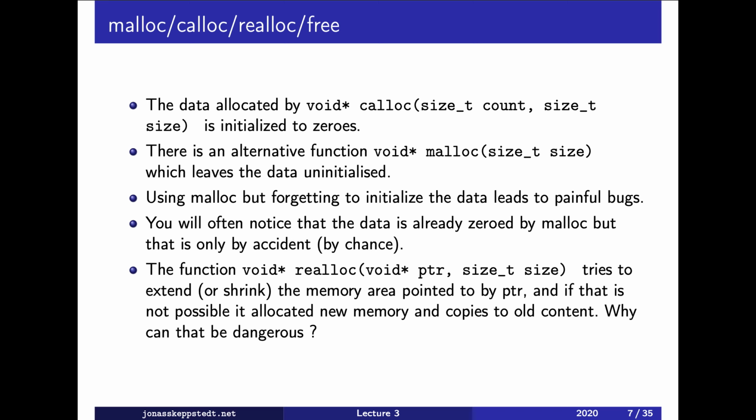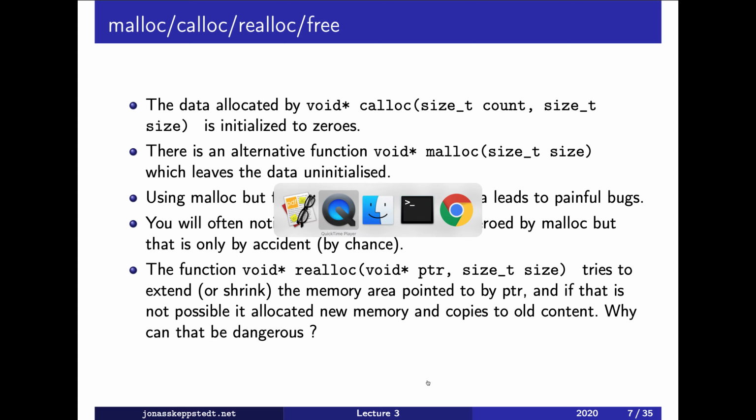We will now look again at malloc and also another function called realloc. Calloc, as we know now, sets the data to zeros. And if we use malloc, it leaves the data uninitialized, so typically it contains just garbage. But in the beginning of a program, that data is likely to be zeros. So if we use this program,